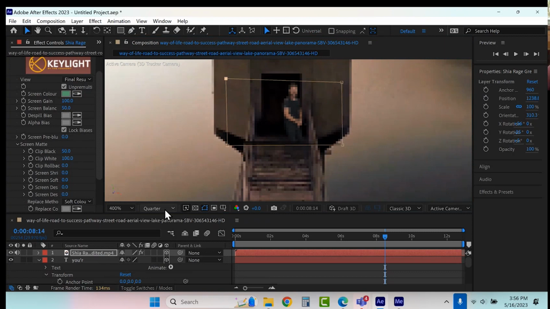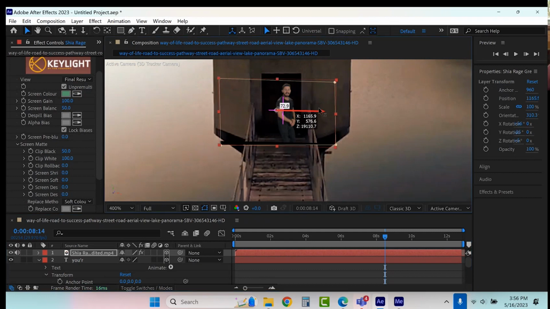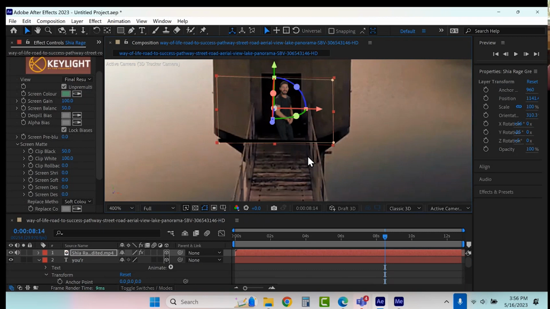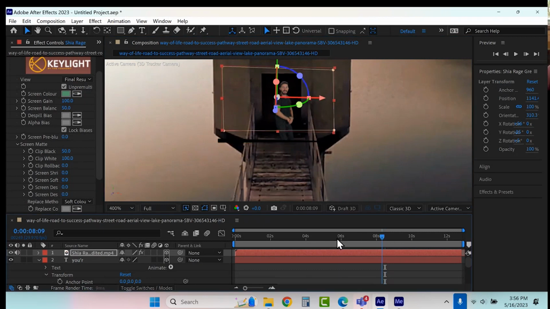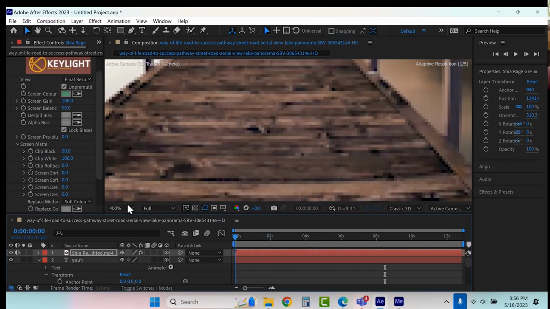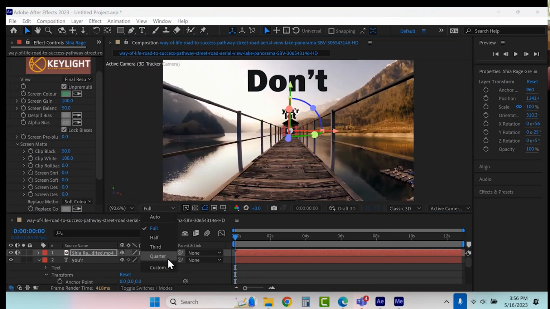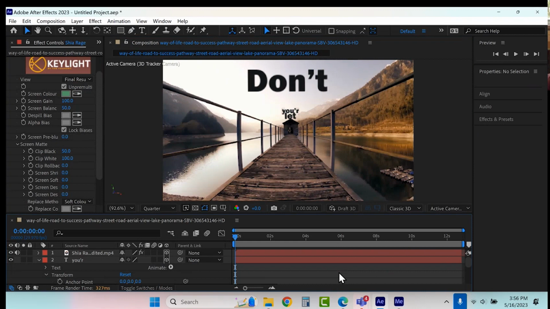Now be aware, it looks really blurry here because, again, remember, I'm in quarter quality. But the cool part is, he's at the end of the dock. And yeah, his feet are cut off there. But for the length of the video, keep watching the end of the dock there.